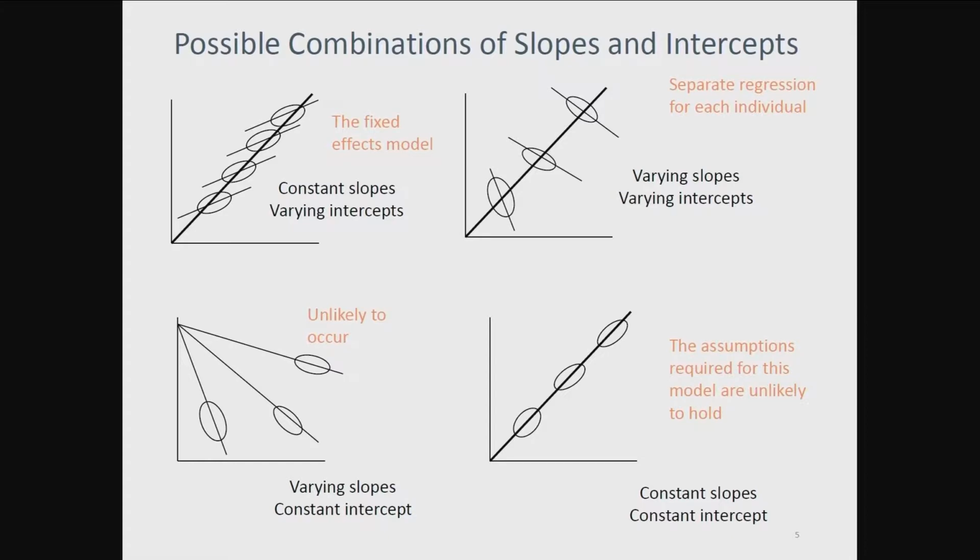here, on the right up there, where we have both slopes that are not the same and intercepts that are not the same. And in this case, I have to run a regression for each individual. So to make it clearer,